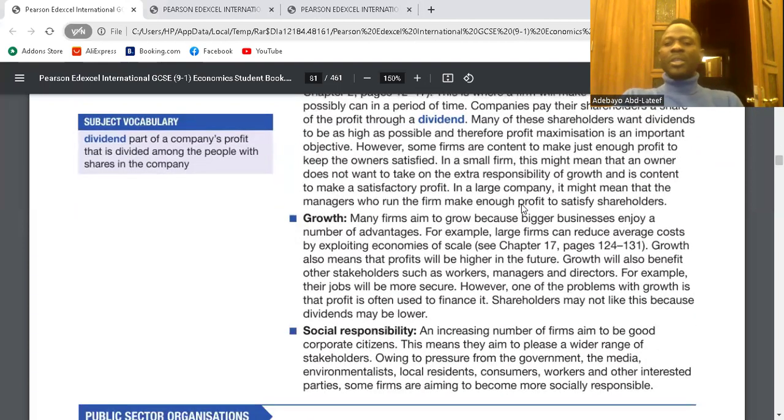We go to growth. Growth is simply expansion. As soon as you have survived and you are making profit, you can think about expanding. Expansion means you want to expand, maybe locally or even enter a new market, or come up with a new product, or increase your premises, or employ more workers. These are all different kinds of growth. Or merging with a new business, or buying over another business. These are all kinds of growth. So a business can set an objective as that. Is it clear? Any question about that?